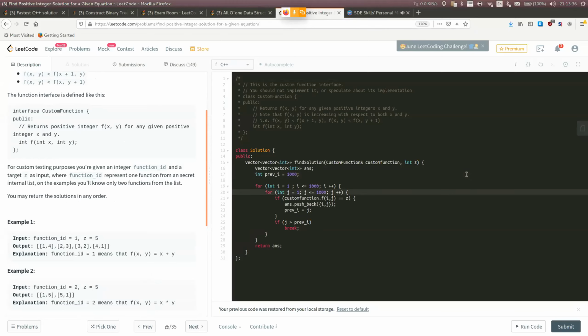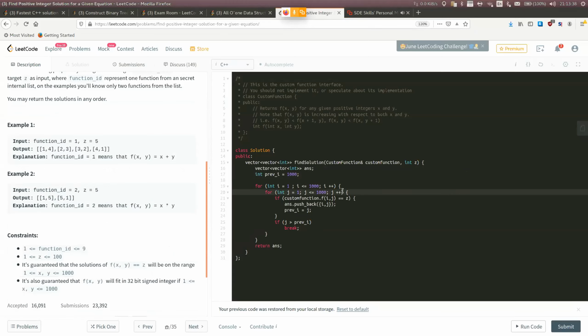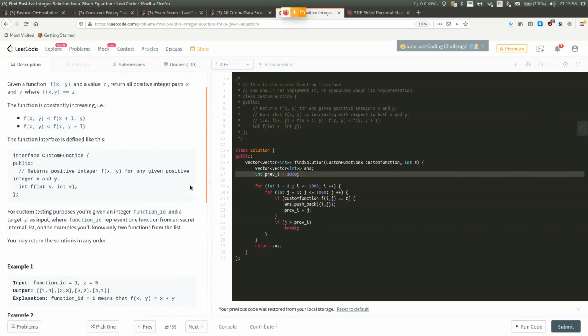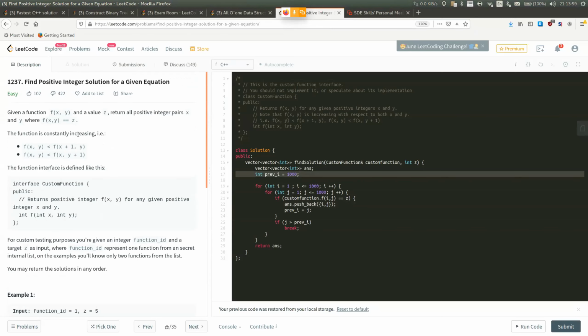So I simply iterated using two while loops, tried every possible value of x and y, and called this custom function. If the value returned by this custom function is z, which we are expecting, then I stored the values of i and j in the answer. That's it. So the fact that we are using previous is, given that the function is constantly increasing, the previous value which I used for my j...